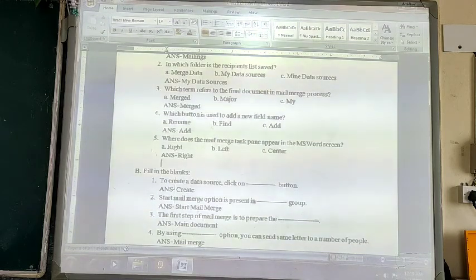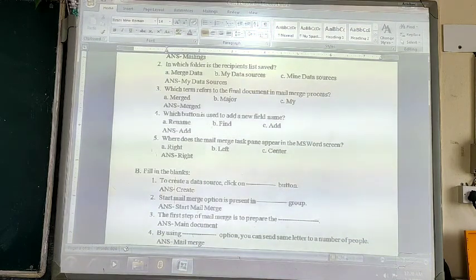When we start the step by step mail merge wizard from the mailing tab, it displays the mail merge task pane on your Windows screen, and it is displayed on the right hand side of your screen. So the correct answer is right.